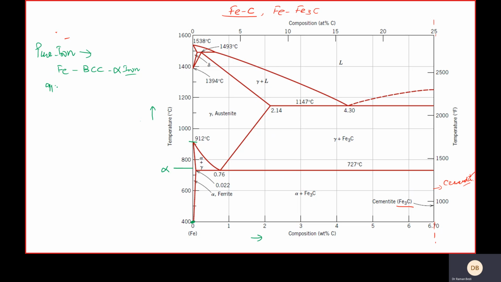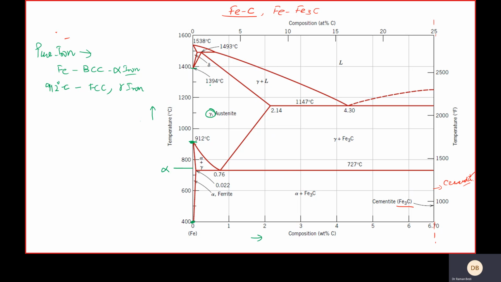After 912 degrees centigrade, the iron undergoes the first phase transformation, where it goes from BCC to FCC, and we call it gamma iron. So we find this first transformation happening at this point for pure iron. Keep it in mind, we are talking about only the extreme left hand side of this phase diagram. So from alpha at 912 you go into gamma, and